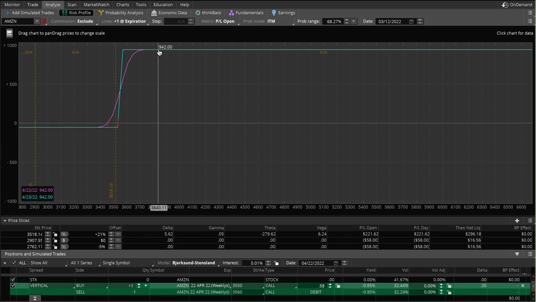The max profit potential would be 942, which means the spread would be worth 942. That's the most it can be worth, right? So what does that equate to? Well, it equates to a little under 100 grand for every contract, every one of these spreads that you would buy, right? If we go to the 22nd of April